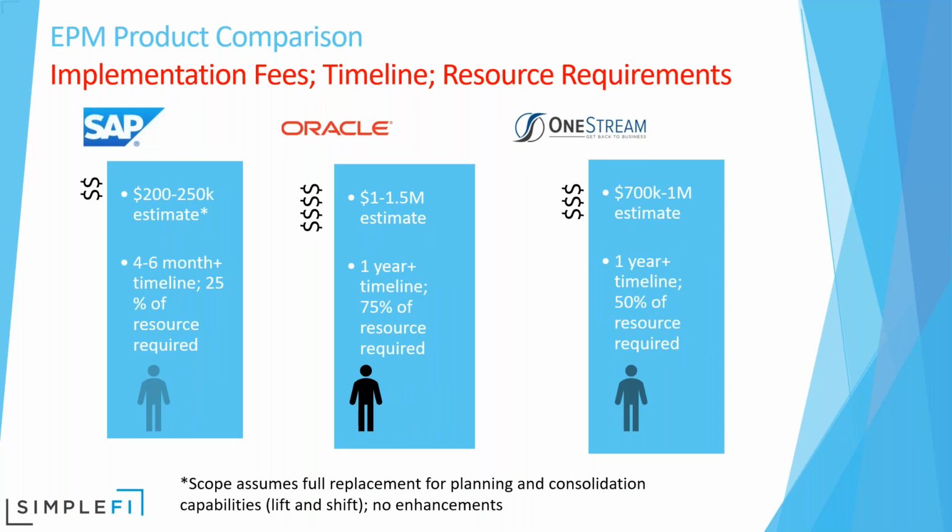Again, this is a little bit skewed because here I'm pointing out that if you're going to upgrade to BPC 11, as I was working with this client, upgrading to BPC 11 is lower in implementation fees. Right? We're basically able to use a migration tool. We're able to migrate everything over. And in addition to that, that estimate includes enhancements,